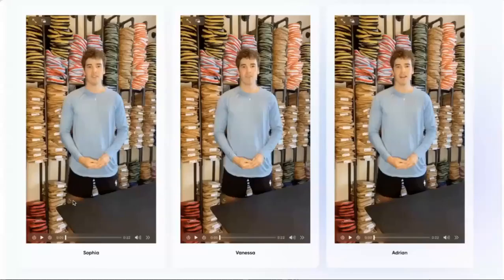When I play this, watch the face. Just know this is the same video, and the only thing that's happening is the AI is automatically changing the name and working it so that his mouth looks like it's saying it. So let's just go ahead and watch this.